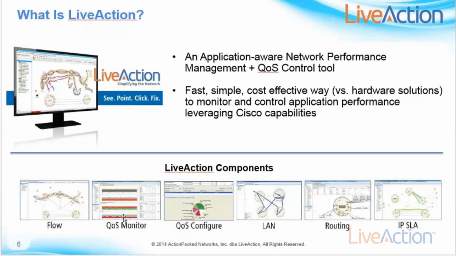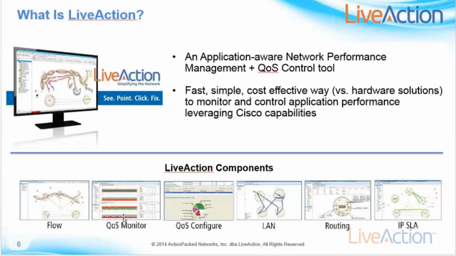On QoS Monitor, we provide a detailed understanding of QoS performance for individual interfaces, application classes, and then we include real-time CBQoS MIBs and hardware QoS stats, historical views, various reporting, as well as a QoS dashboard. LiveAction can detect and alert on critical policy drops before problems are reported by the end user. And how we do this is to allow customers to configure thresholds, and then alerts can be generated when certain